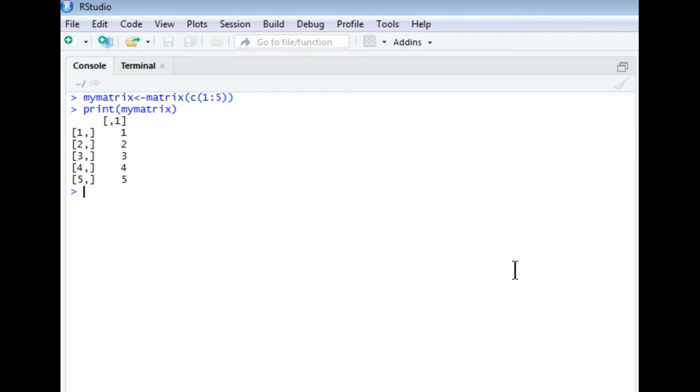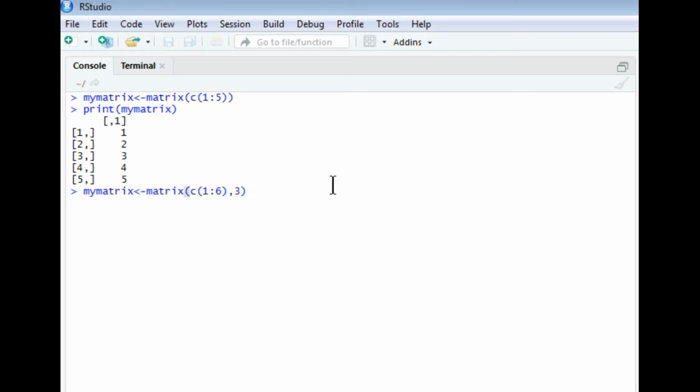Now what happens if we give only the second parameter, that is, the number of rows? My matrix is now modified: my_matrix <- matrix(c(1:6), 3). The data elements go up to 6, then comma 3, which means 3 is the number of rows.